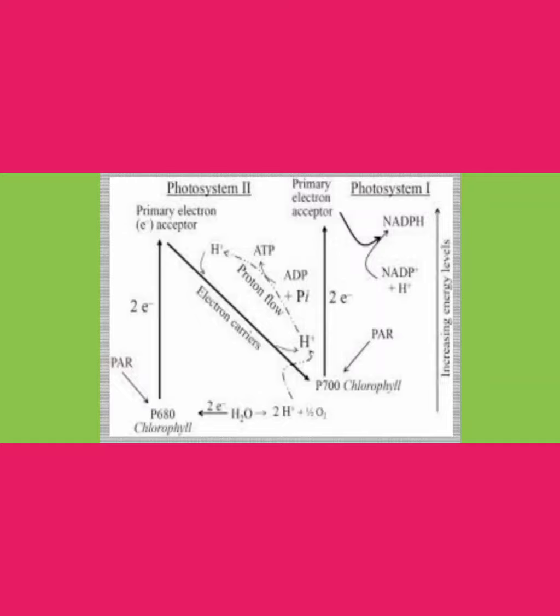But in cyclic electron transport, the electrons lost from P700 again reach the same reaction center through different electron carriers. So here there will be no photolysis of water and no synthesis of NADPH plus, but the quinone cycle is operated. Due to that, just 4 protons reach the lumen of the thylakoids from the stroma region. Like this, comparatively, in non-cyclic electron transport 6 protons and in cyclic electron transport 4 protons reach the lumen of the thylakoids.